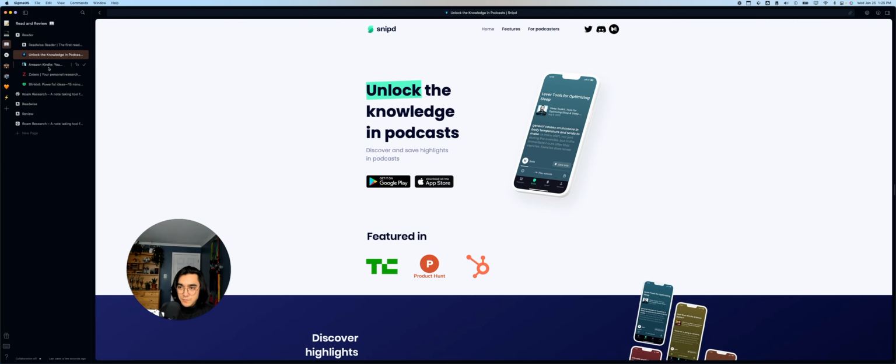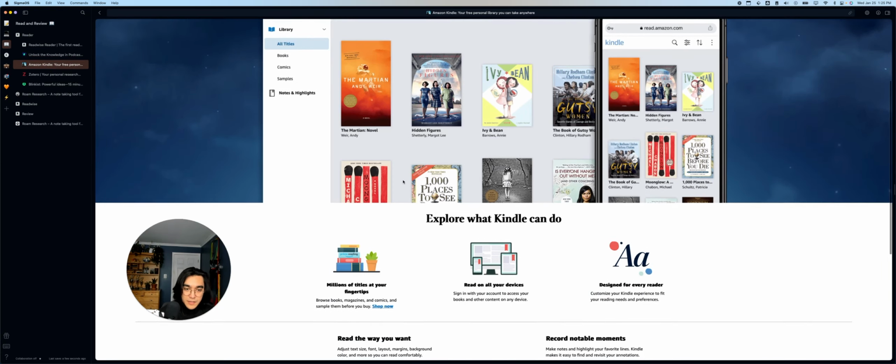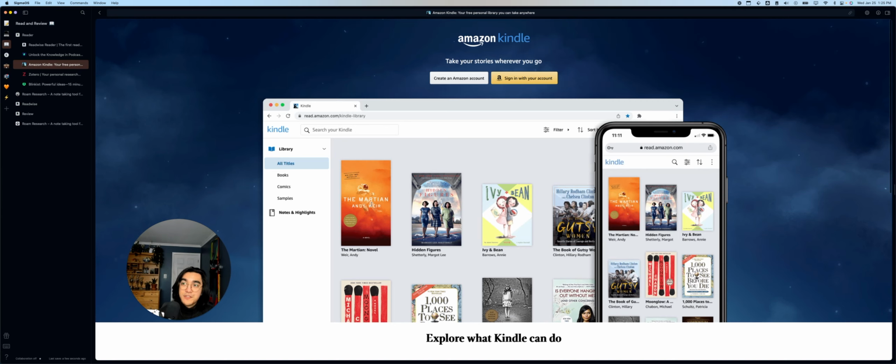Cool beans. Of course, Kindle. This is where I handle most of my chill reading. So if it's pop science or productivity books or fiction, all of that I do through Kindle. I've got my trusty Kindle over here, and yeah, easy again. You can highlight through your Kindle, send those off to whatever syncing tool you're using, and yeah, we love Kindle.